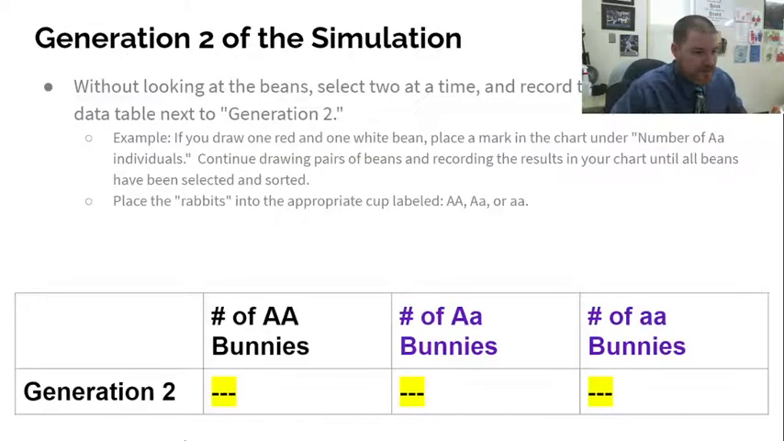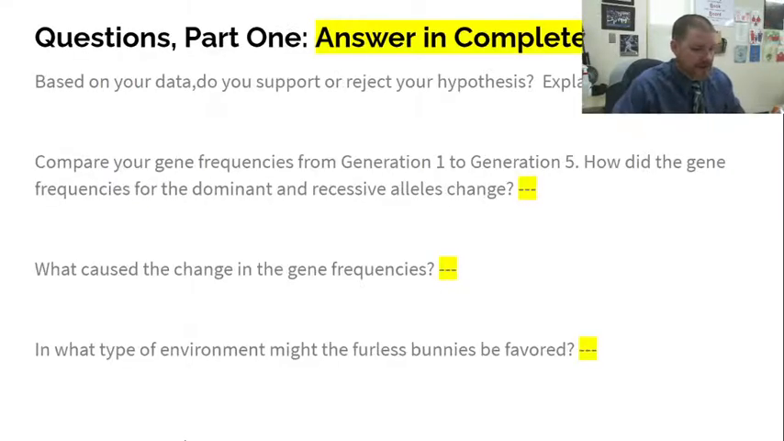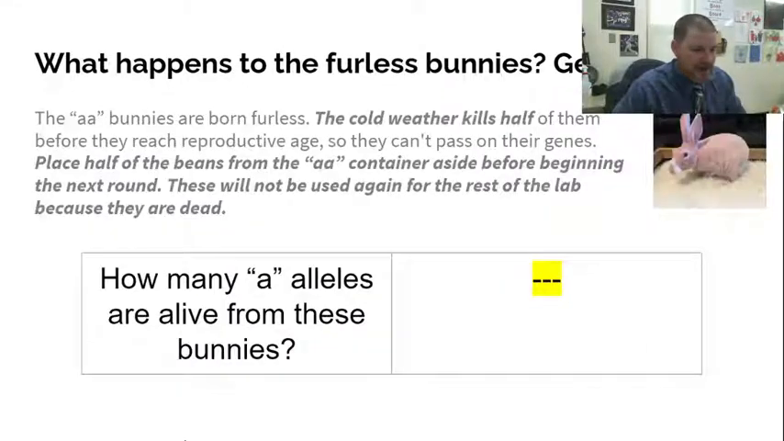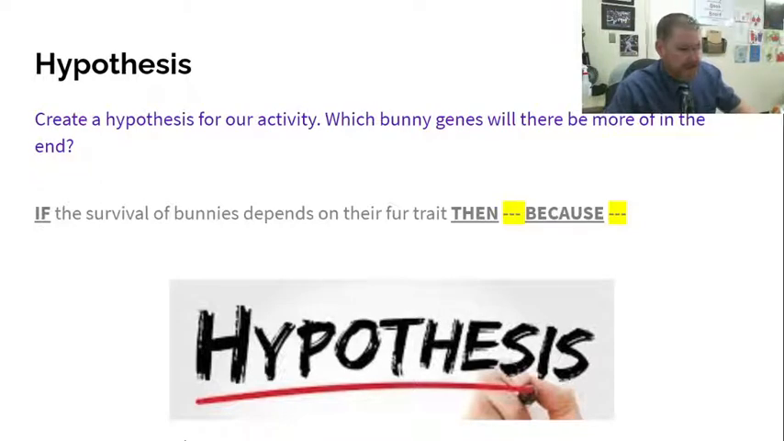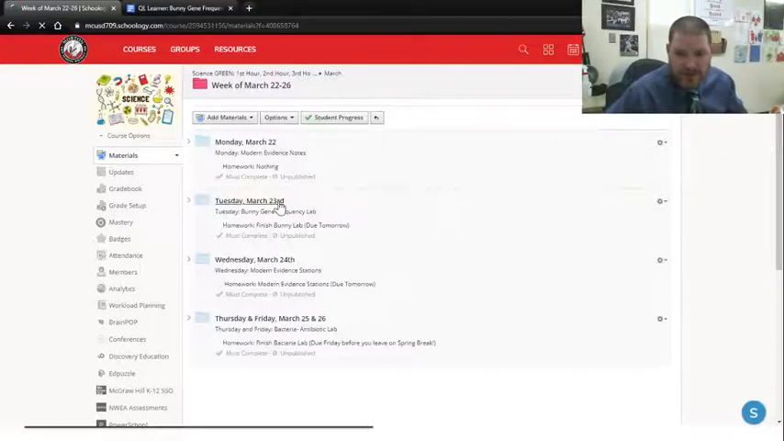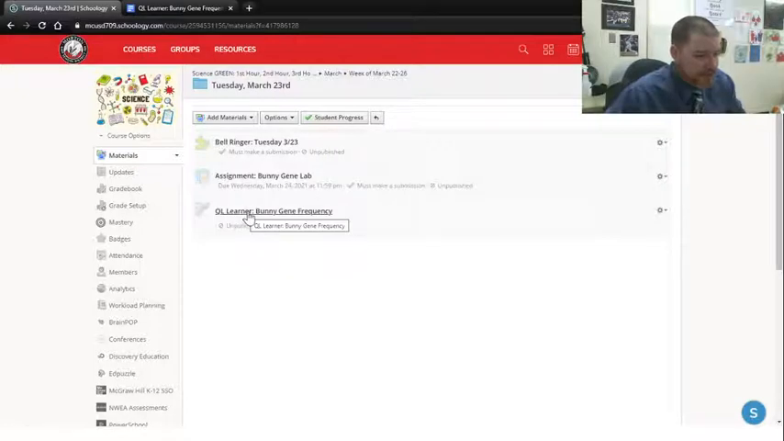And then you'll repeat it with the next generation, do the same thing, and then the next generation for the third time. Then you're done. Then there are some questions to answer at the end based off of the activity. Now, because you do not have my lovely container full of beans, here's what you need to do. I have already created, let me see if I can find it here, in the folder, a QL Learner bunny gene frequency